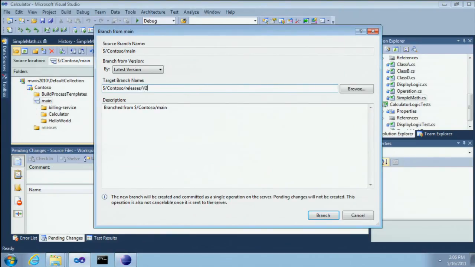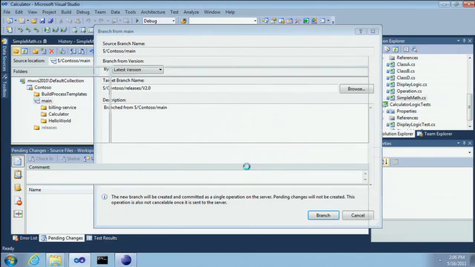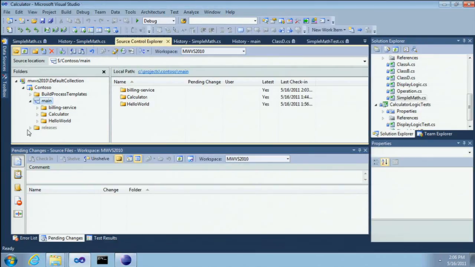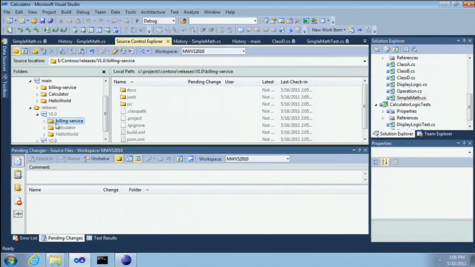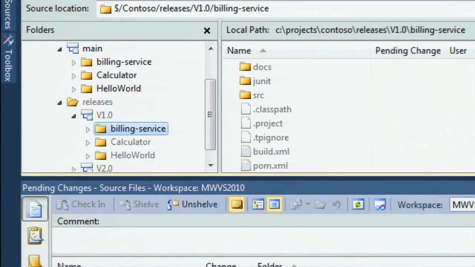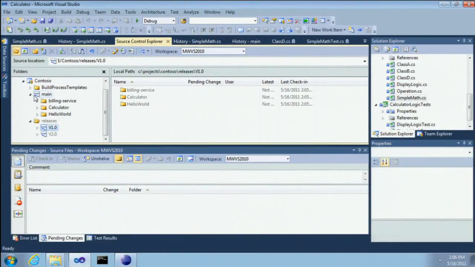Releases /v 2.0. So I'm just going to create a couple of branches. Yep. So now we can see here I've got a folder called releases with 2 branches in, and inside of those is all the stuff we were working on. You see that? That's all very well and good, but what happens if you get to a source base that